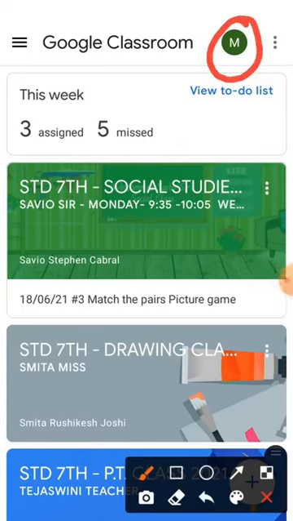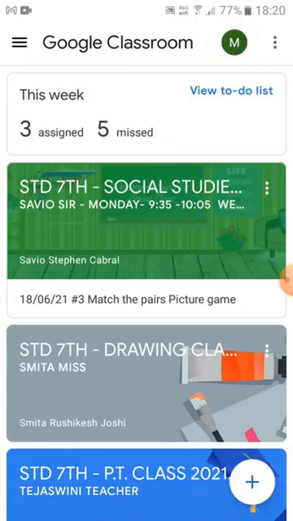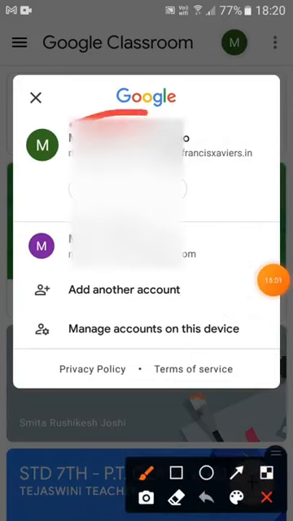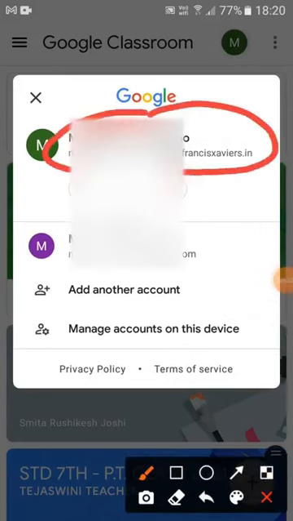Suppose your name is Ayush, for example, then your letter will start with A. Suppose your name is Raj, your letter will start with R. Now this person's name was Mark, so his name will start with M. Okay, so click on it and you will see the name. Your email ID will be here. That means you have entered the class correctly with the right email ID.